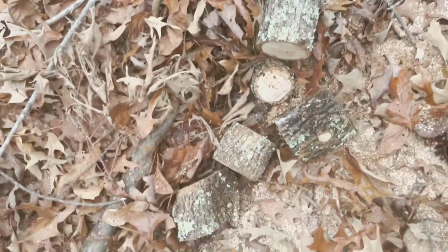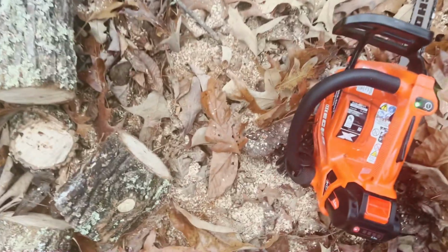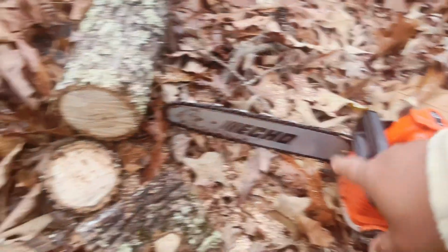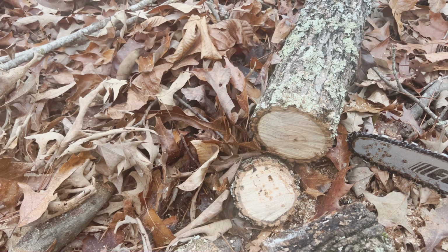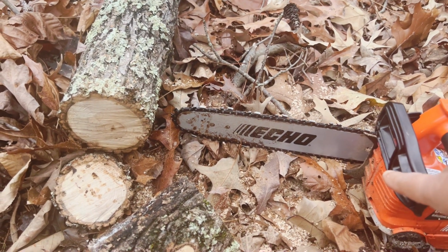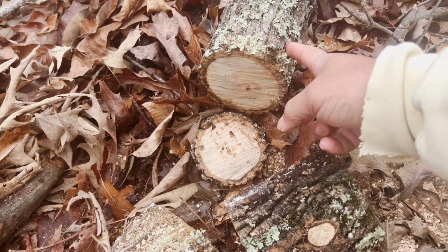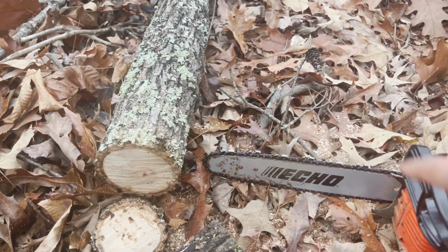That's all she wrote. I got a bunch of cuts on there. My slippers are all filled with sawdust. And what I will say is this: the dogs definitely grip into the wood quite nicely. The only thing is because it's such a small diameter, you're not getting huge leverage with these dogs on it as you would with the smaller ones, because with the smaller ones you're going to be real close up to the wood, especially when you're limbing. You're going to be right up against it, and the smaller dogs, at least at this point, may do a slightly